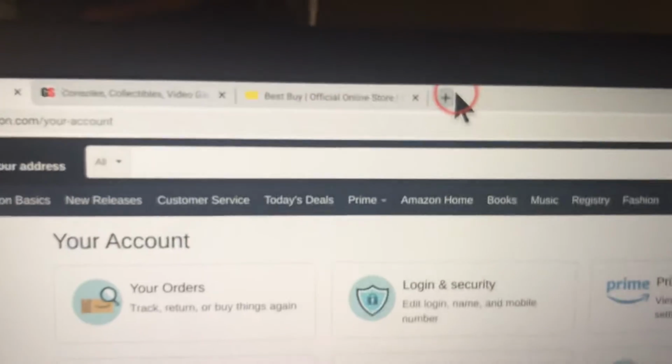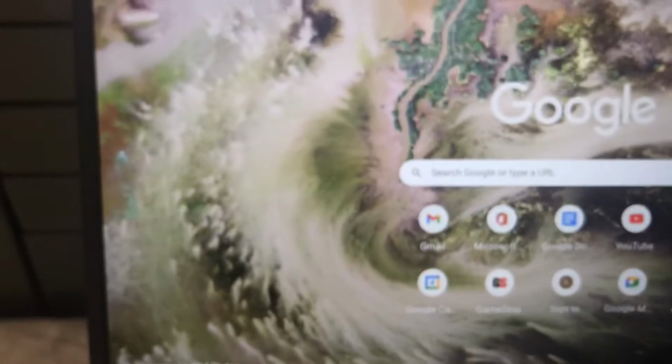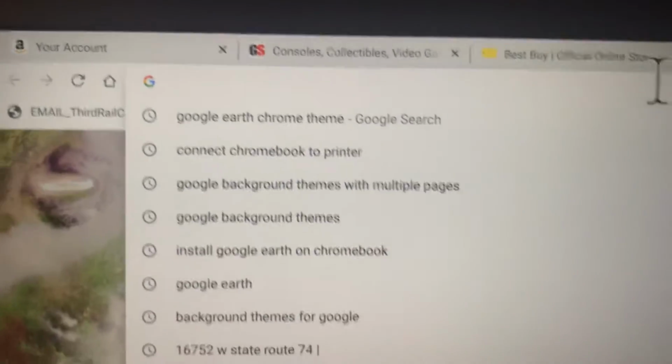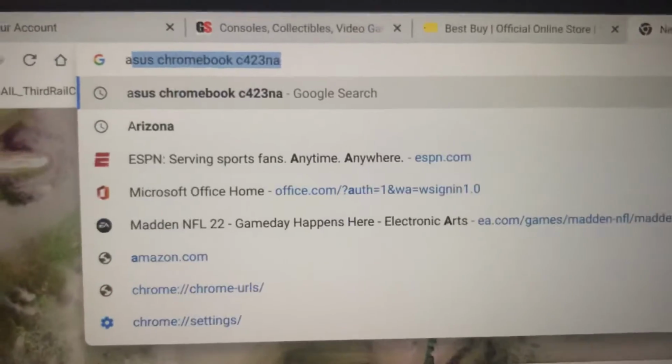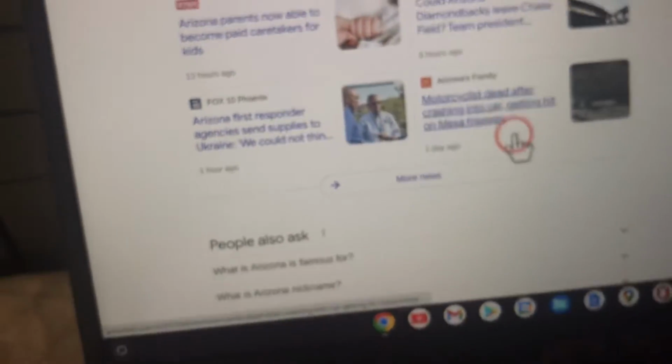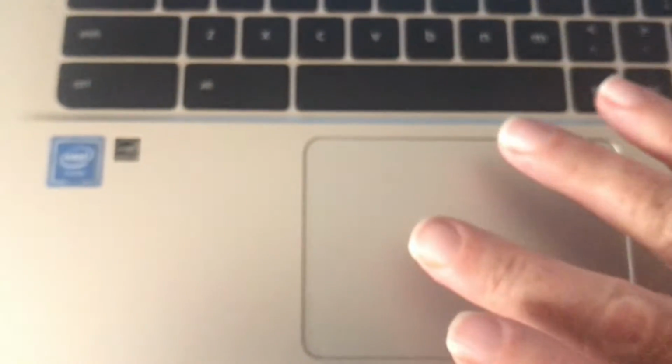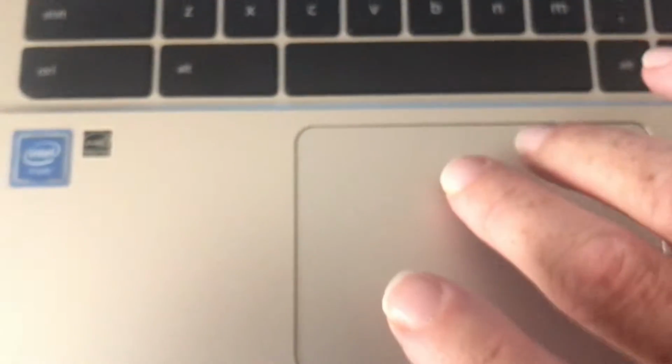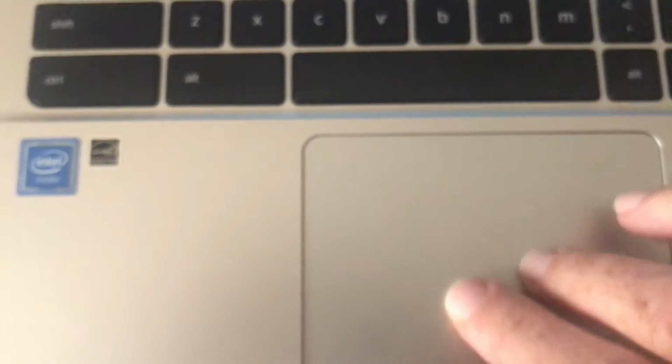Now for basic searching, of course, you've got everything at your fingertips here. So if you wanted to look about Arizona, you just start typing things in, boom, and then of course you can go from here and select things. And so one of the gestures is scrolling. You're going to put two fingers and you can scroll down, which is really nice. So if I want to look at that whole page,